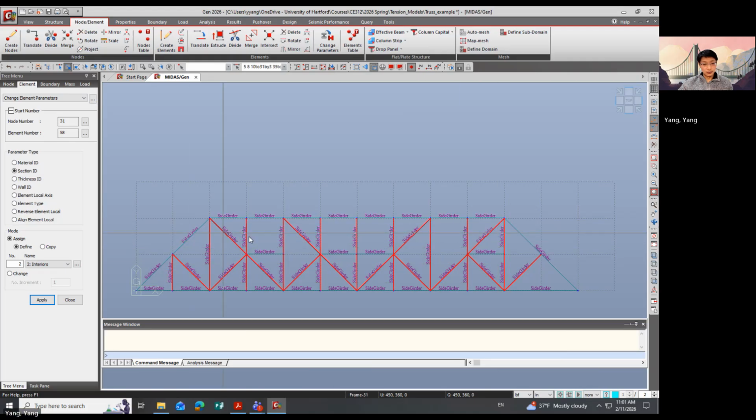To do multiple selection, you need to... Okay, so we have all interior ones selected. We just click on, so all the interior ones are changed. Here. Okay, that's the